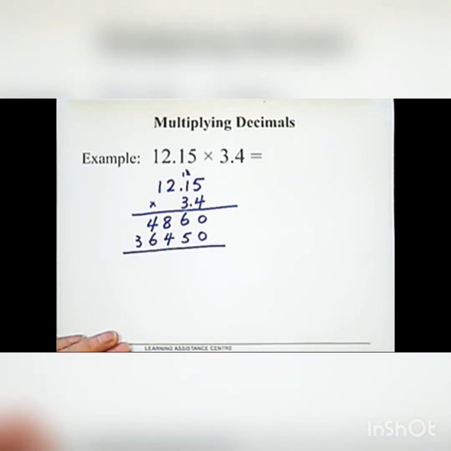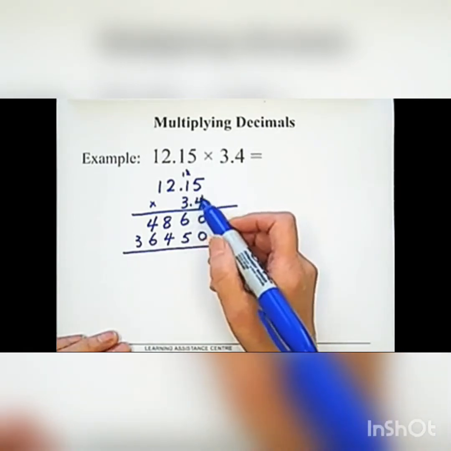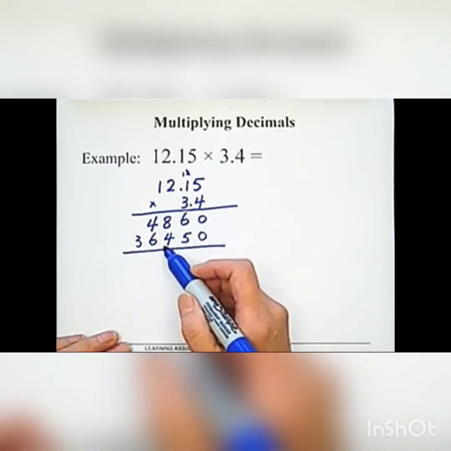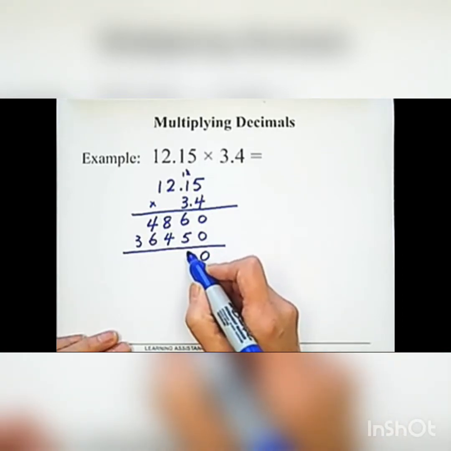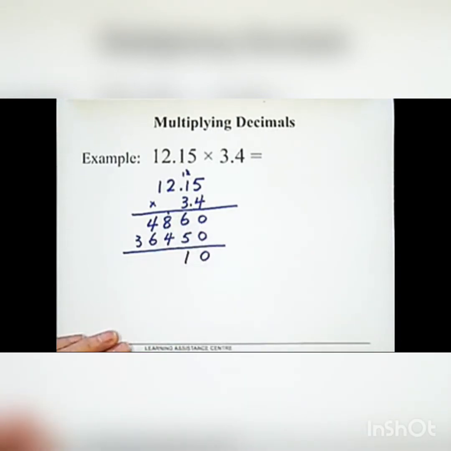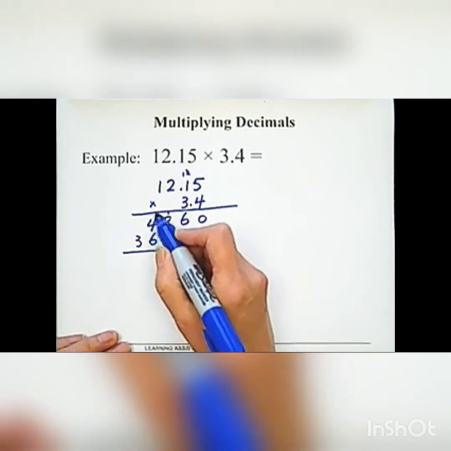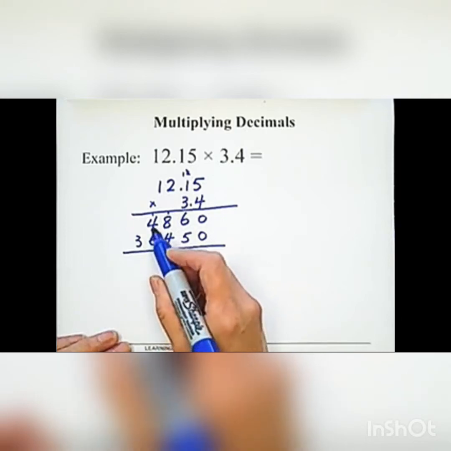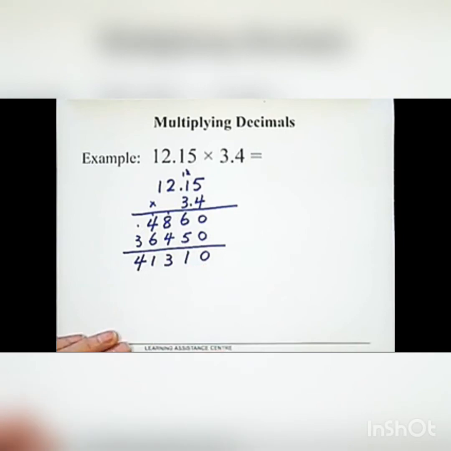Now we will add. So now we will write in this way. We will add 0 now. 6 plus 5, 11, 1 carry. 2 plus 1, 3, plus 1 carry, 4. 1 and 3, 4. 4 and 0, 4. So of course we will write 1 here, 1 carry and 4.